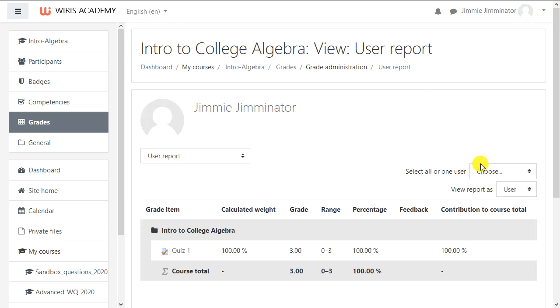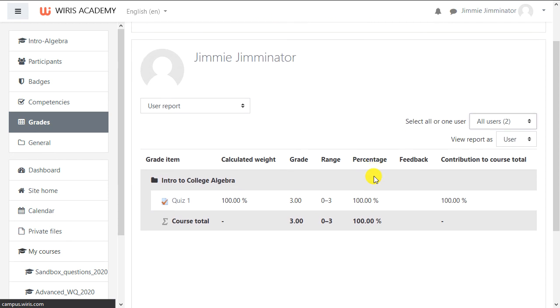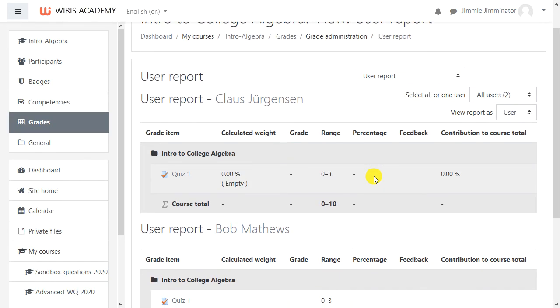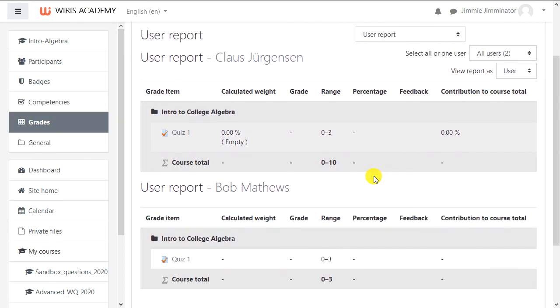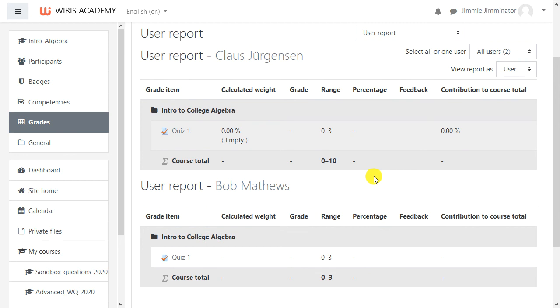Now back in Faculty View, we can view the gradebook for the class and see details on any student if we want. We can also update the grading if warranted or provide individual feedback notes to a student. This has been a short overview of how to make a question with Wiris Quizzes.